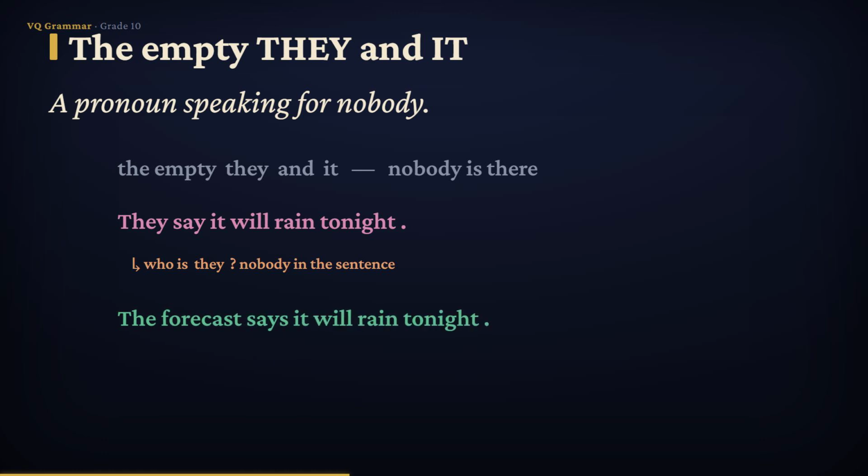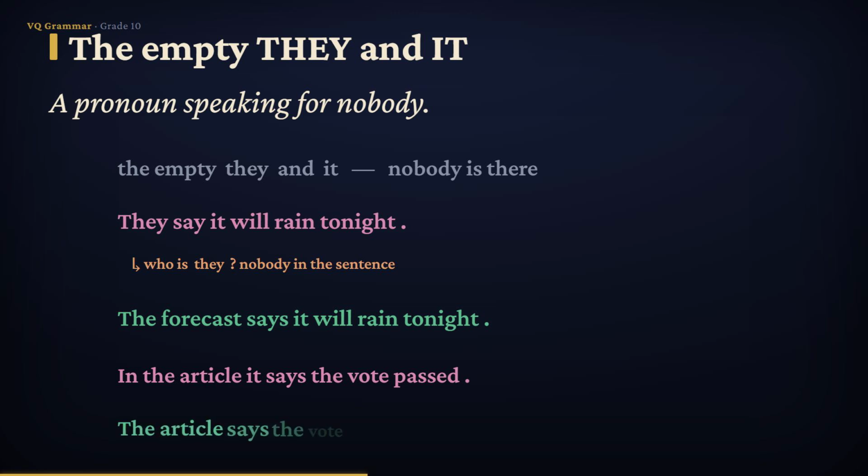Here is the same problem wearing a different coat. In the article, it says the vote passed. That little it is doing no work whatsoever. The article is right there in the sentence, so let the article do the talking. The article says the vote passed. Shorter, clearer, and every word is